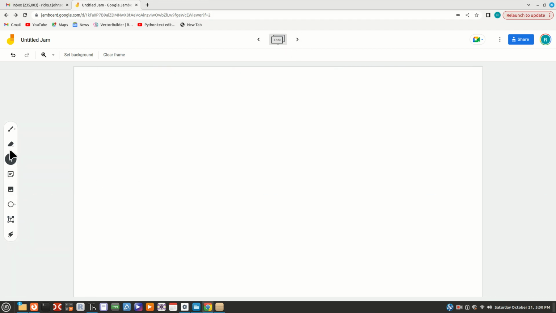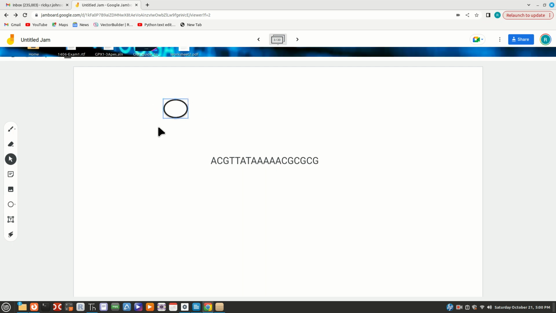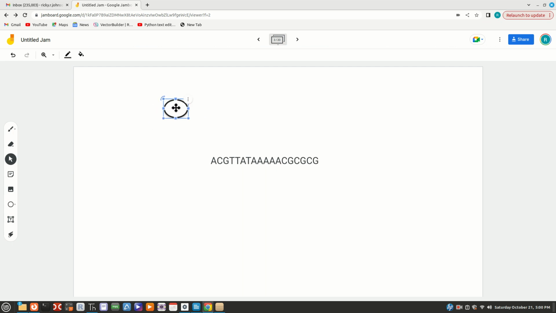So for instance, you can draw like I do. You can put in things like some text here. ACGT, TAT, and AAAA CG. Let's string this across so it'll get longer. So you can create that, and now I can create a little circle, and I can move that, and we can talk about that as if, okay, here's RNA polymerase, and